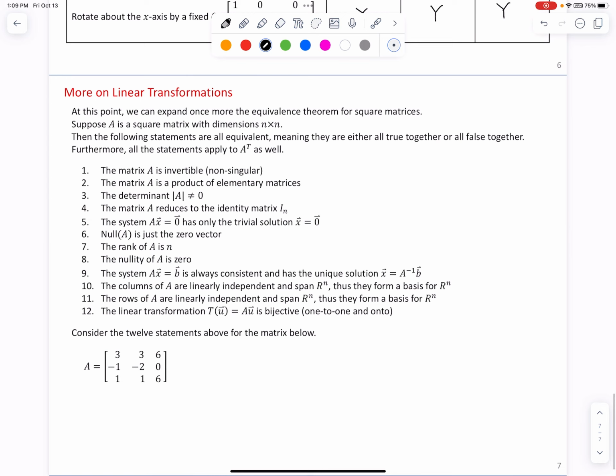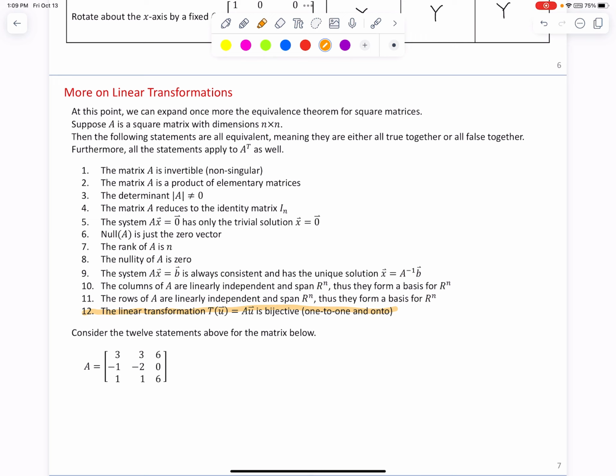Okay, at this point we can expand once more the equivalence theorem for square matrices. Suppose A is a square matrix with dimensions n by n, then the following statements are all equivalent, meaning they are either all true together or all false together. Furthermore, all the statements apply to A transpose as well. So the only new statement here is the one at the very bottom, and that is if A is a square matrix that's invertible,